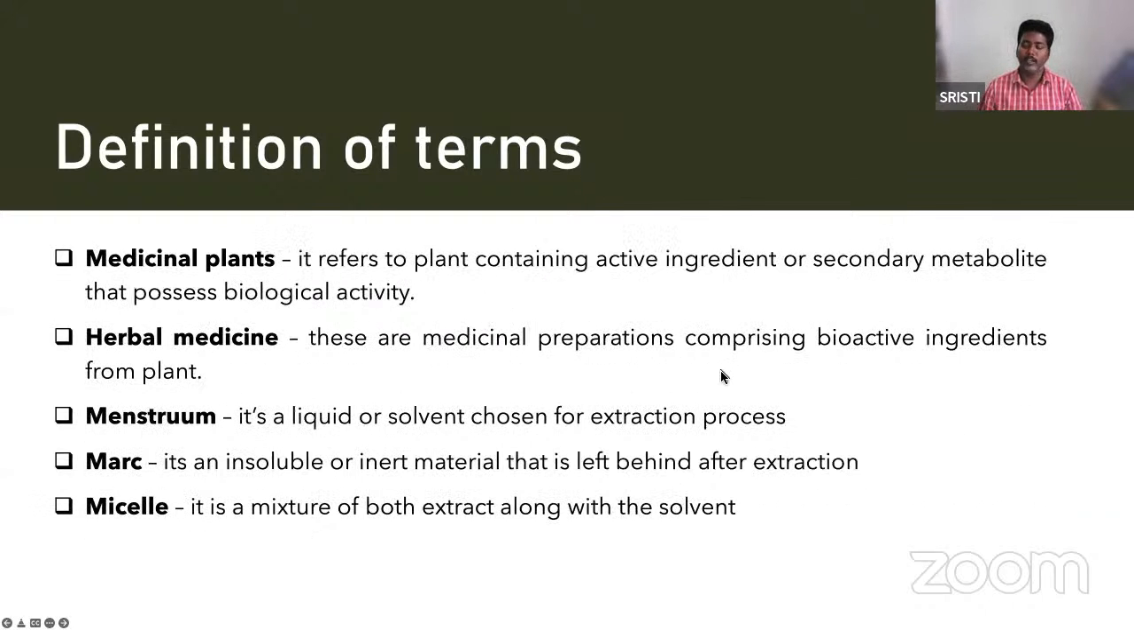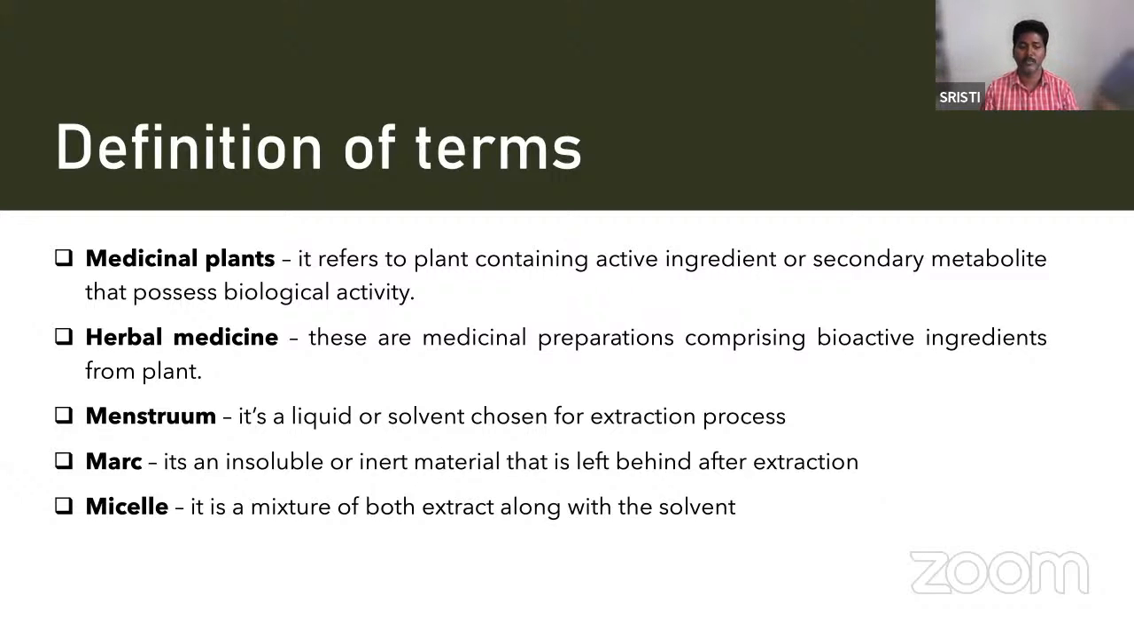So before going into the details of the extraction procedure, we will learn some basic terms that are used in phytochemical extractions. First one is medicinal plant. It refers to the plant containing an active ingredient or a secondary metabolite that possesses biological activity. Okay. So coming to the next one, herbal medicine. Herbal medicine means it is the preparation of bioactive compounds, bioactive ingredients. Okay. So there is a difference between a medicinal plant